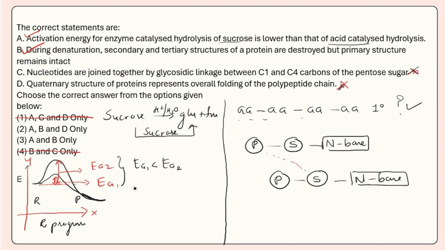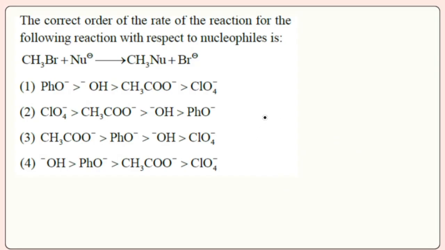So what are the right statements we have? A and B. Therefore, the right option is option 3. In the next question, we have to arrange the given different nucleophiles in the order of their reactivity towards the